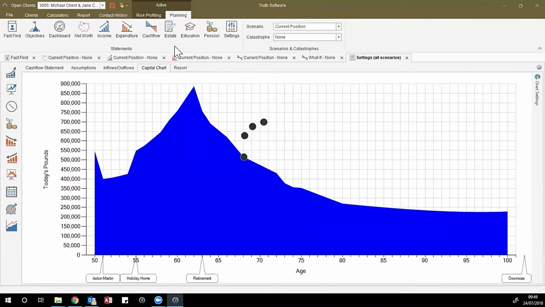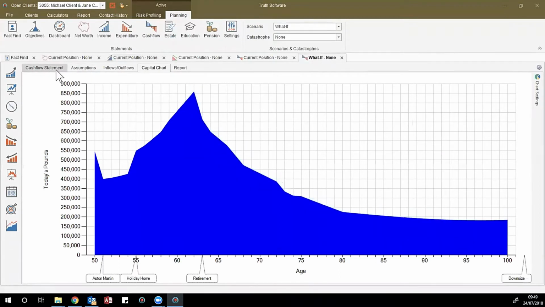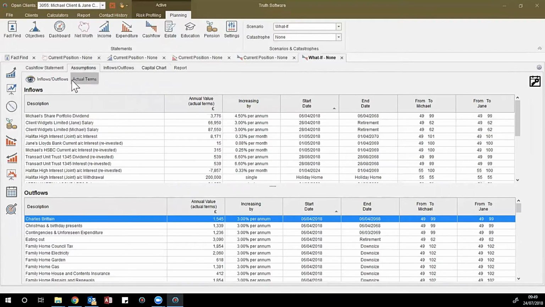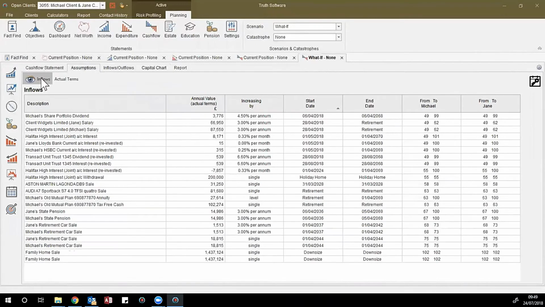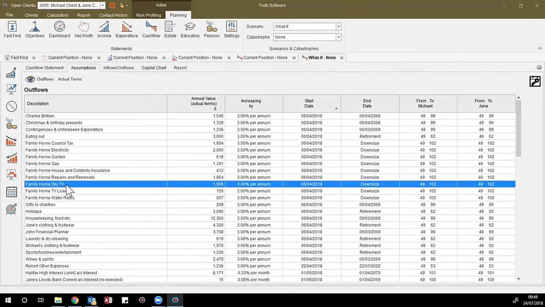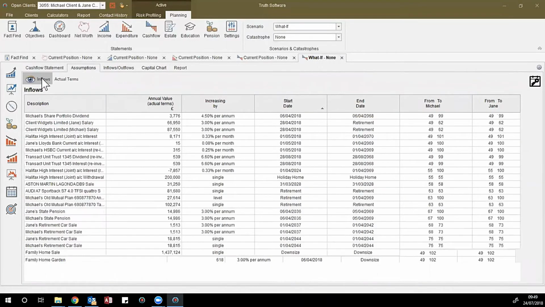So just to illustrate how we do that, if I now go to the assumptions tab, this is the tab that I was talking about before, where we show a client a list of all of their inflows, of all of their outflows. So you can see here I can toggle between showing the inflows and the outflows, which is what we're doing at the moment. Just the inflows or just the outflows. This is, you know, what they're spending on their Sky TV bill, when it starts, when it finishes, all of those constraints. But if I just show the inflows, for example, for a moment, what we can see